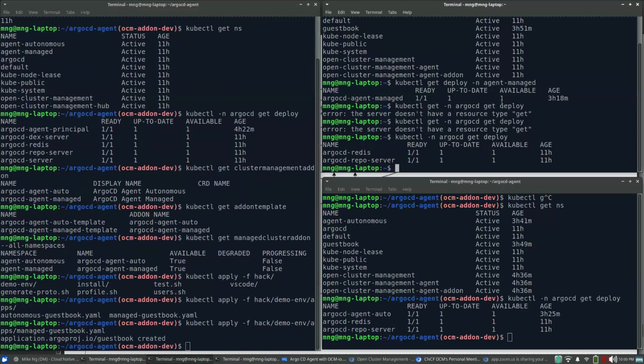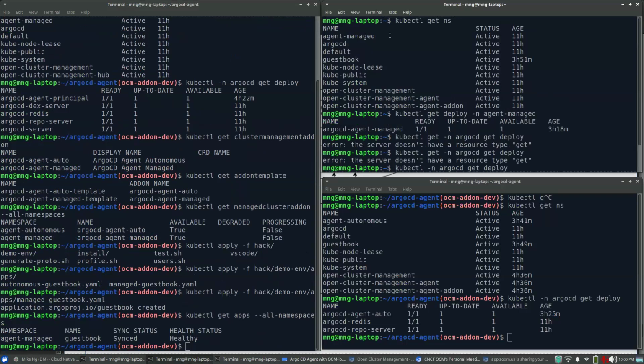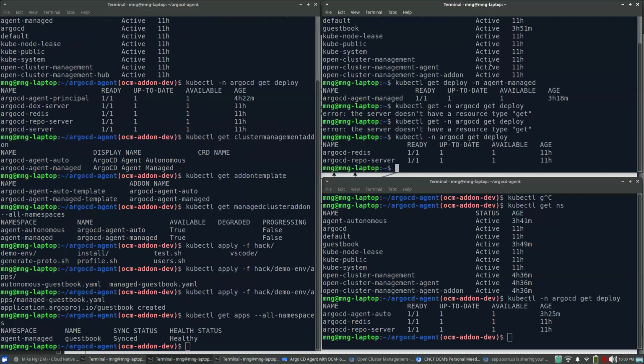When I apply the managed application here, it will go down into the managed cluster and get reconciled there. And if we look at the app here, it will live in